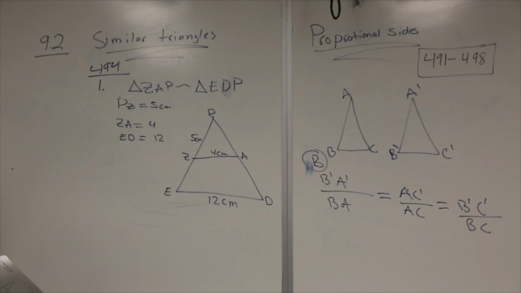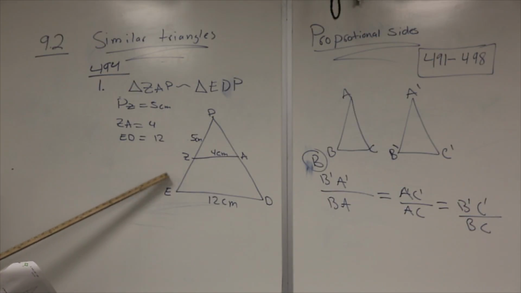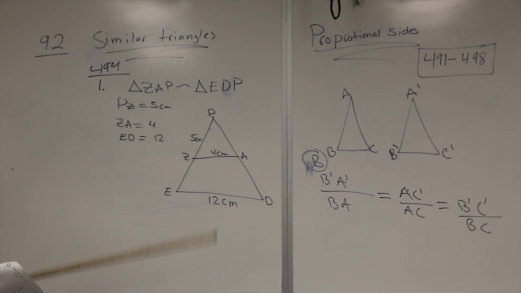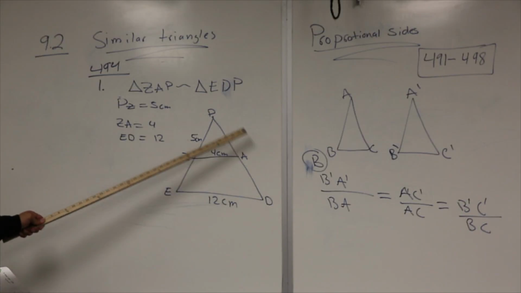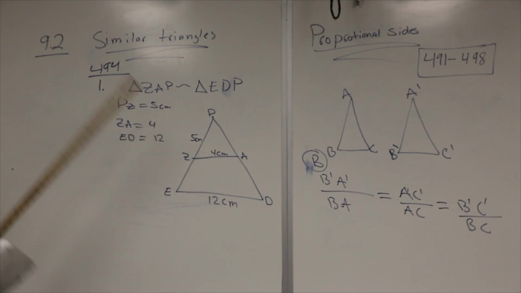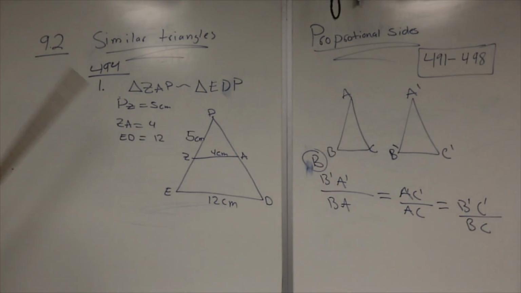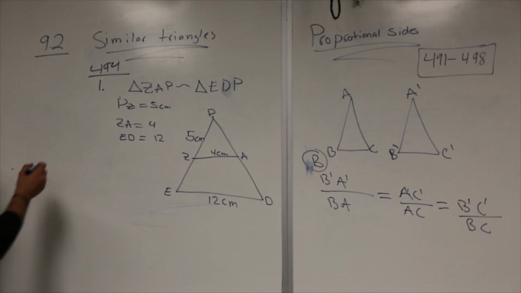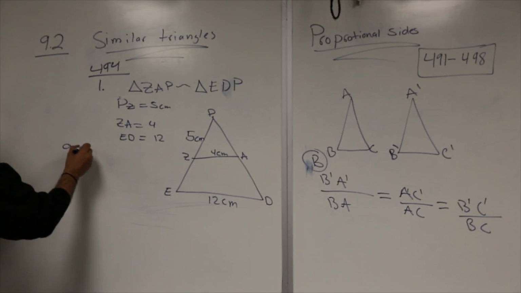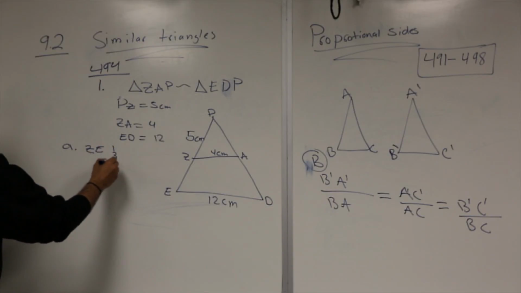There it is. And we have to at least have one numeric value on another proportional side. So that's what we got. And so we have nothing here, so we can't determine anything here. But we do have 5 centimeters here. Alright. We can figure out ZE, put this on A. You can determine ZE and